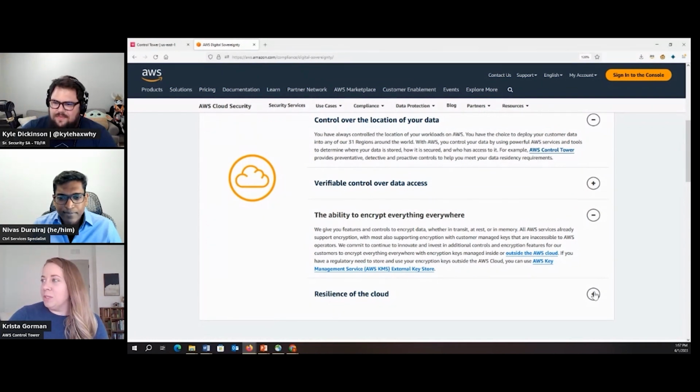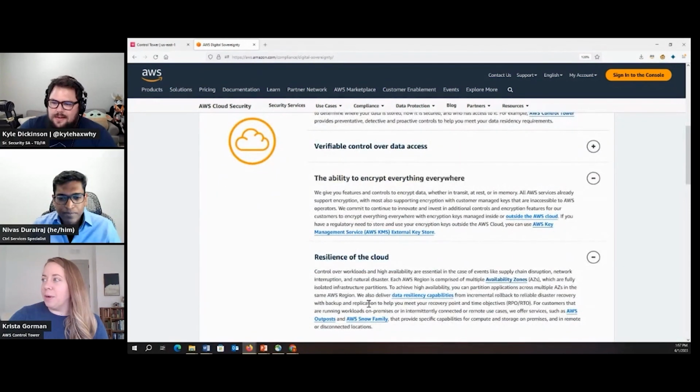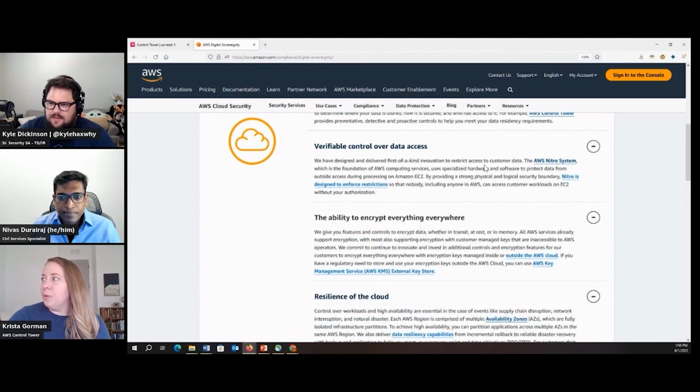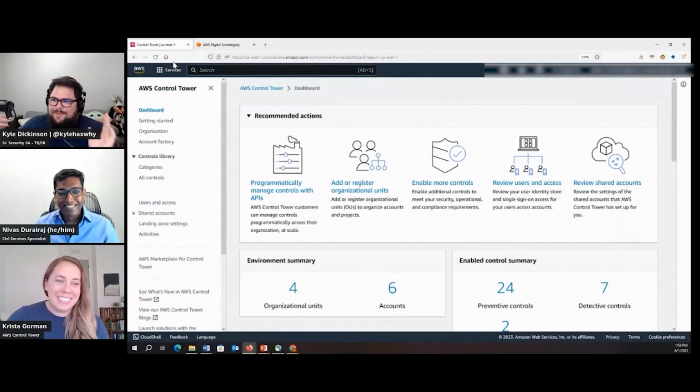And then also suggestions for resiliency of the cloud, right? To make sure that you have multiple AZs supported, even within a specific region. And then also there's some really interesting information about a new sort of compute area that allows you to really restrict access to customer data, which is the Nitro system. So definitely worth going through if you want to know more about the digital sovereignty pledge overall and where AWS has already provided capabilities that support that. I'd check this out. And again, the link will be over there, here, maybe up there. But yeah, we'll go ahead and link that so you can review it.